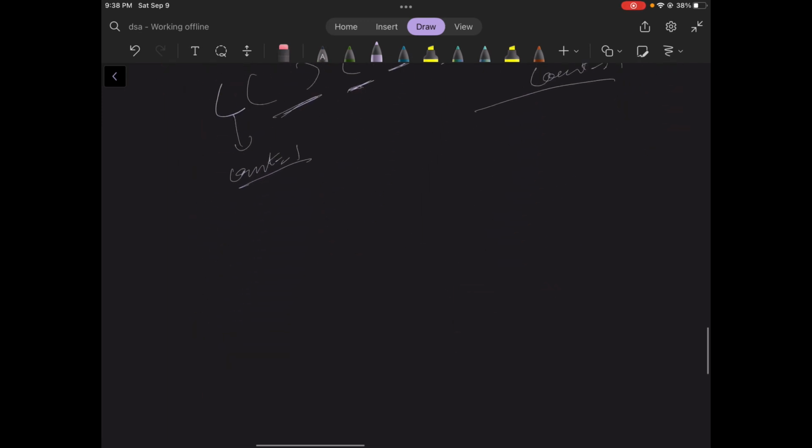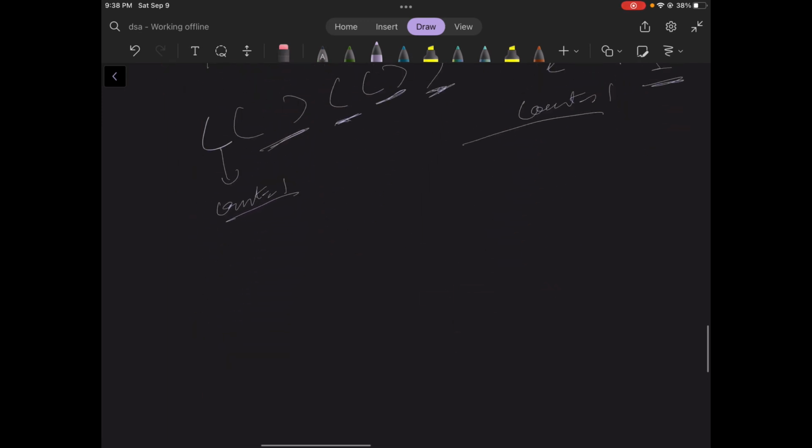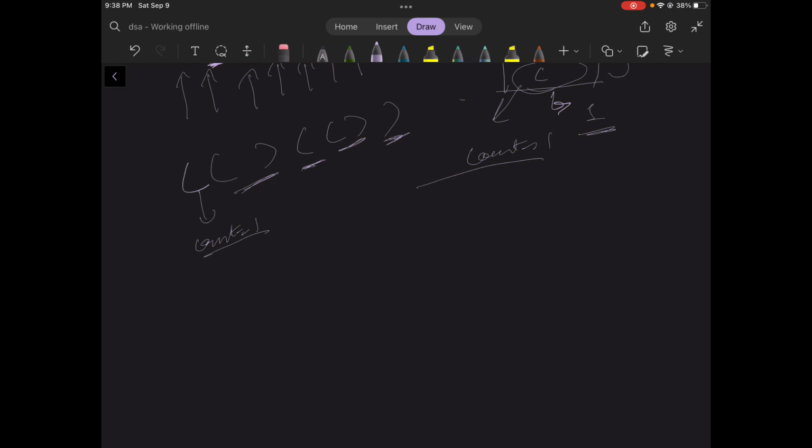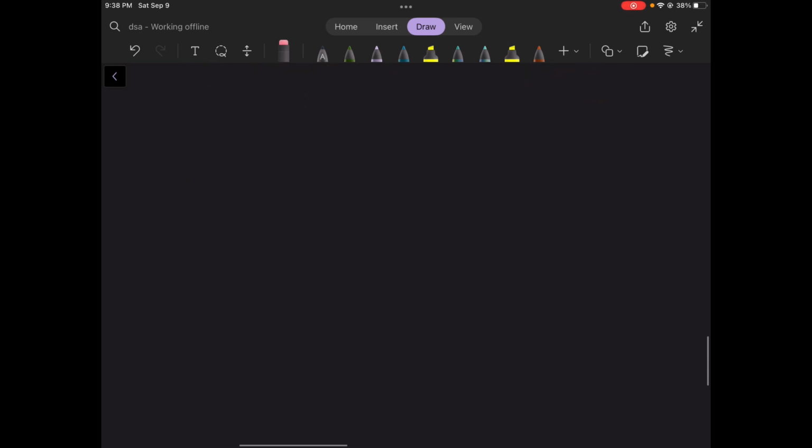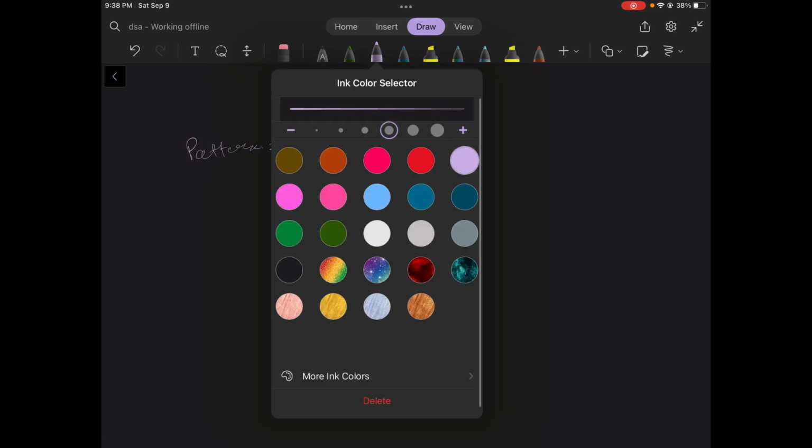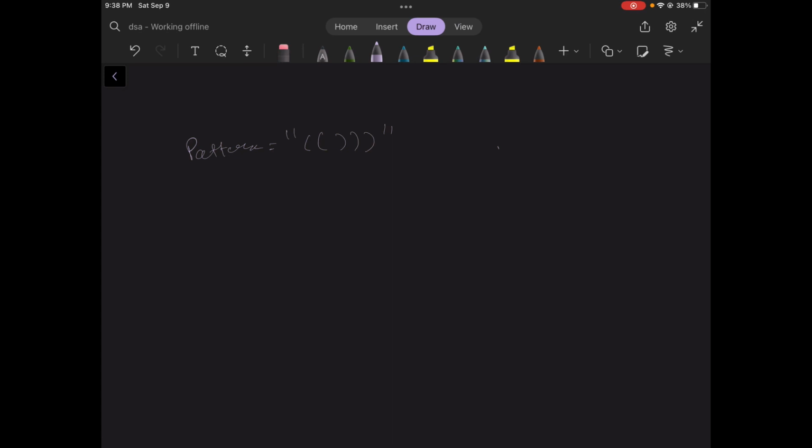Let's try to write the algorithm. We'll first get the length of the string. Let's take it as a pattern, so we'll have a pattern which will be having these values. Okay, now let's get started. Let's use the white pen. We'll have the pattern, and